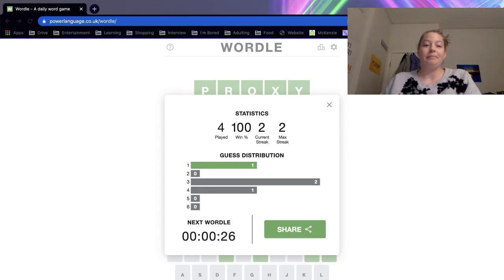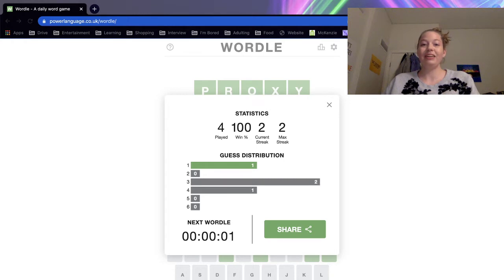Hey everyone. So I just wanted to explain how I hacked Wordle, how you can just always get the right answer on your first guess every time. And you can see here I did that today. So I got proxy first try. And I found this by accident. I wasn't expecting to do this. I was just looking to figure out how they architected Wordle a little bit, but ended up finding how to